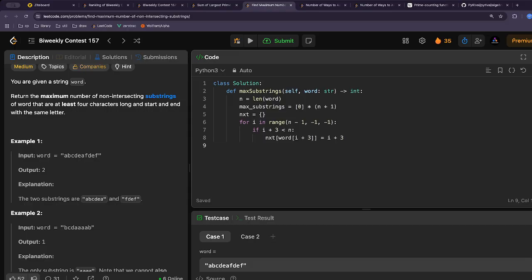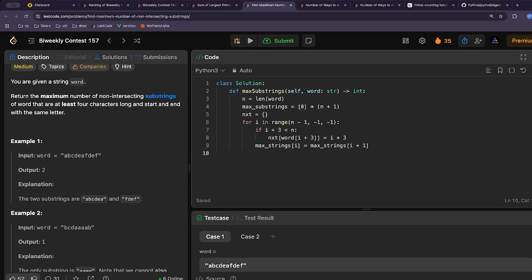right? And so here we have two options. The max substrings of I is equal to the max substrings of I plus 1, which means, okay, we're not going to start a substring here. We're just going to skip this letter. Or